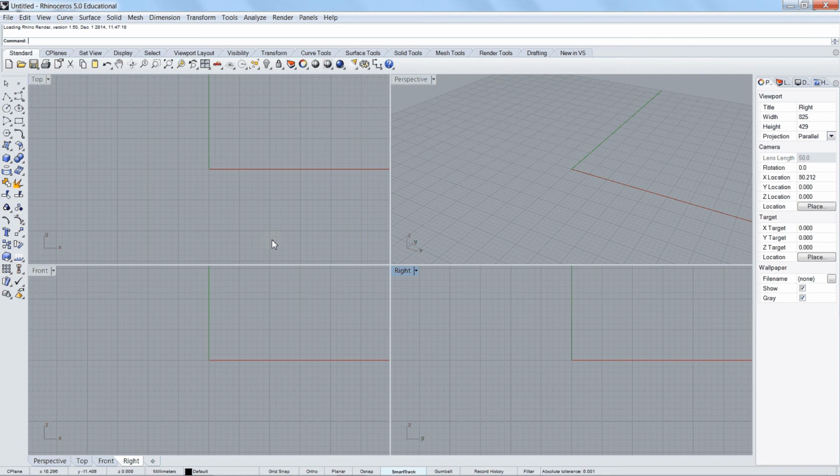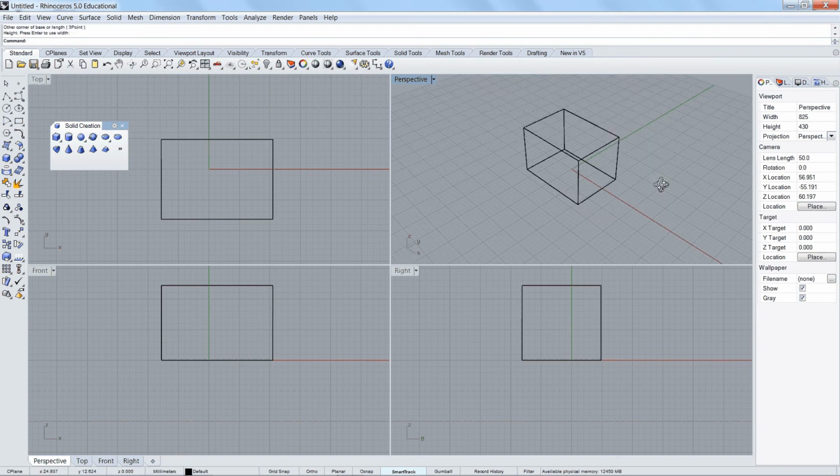What we're going to concentrate on today is some of the tools that we've got available to us. Firstly, like the other software that we've been using, we have these palettes of tools down the side, and we have some across the top. We have different tabs across the top that give us some tools to work with. I'm going to click and hold that button, then release it, move over to this little gray bar at the top and pull that out. This is solid creation, and what we have here is a palette of tools that allow us to create some solids. So if I click,